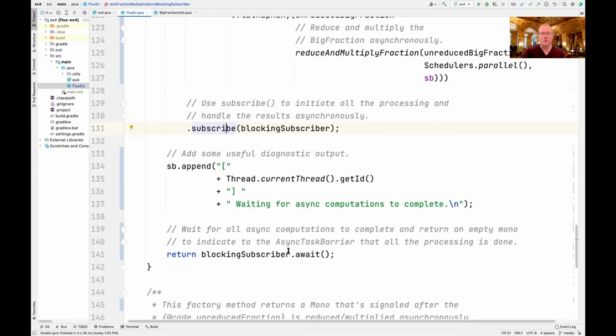So what we're going to do is use a method defined on blocking subscriber called await. What await is going to do is wait for all the asynchronous computations to complete, and then it'll return an empty mono to indicate to the async task barrier that all the processing is done. We're just doing this to emulate the blocking subscribe semantics that you would find with that method in the context of RxJava's observable class. There is no blocking subscribe method in Project Reactor for whatever reason, so we're going to emulate it here using